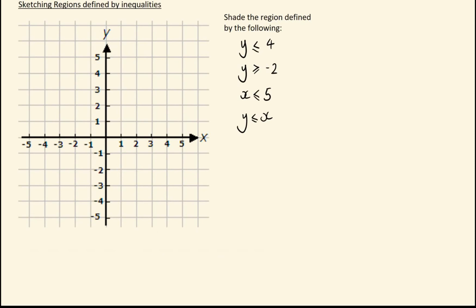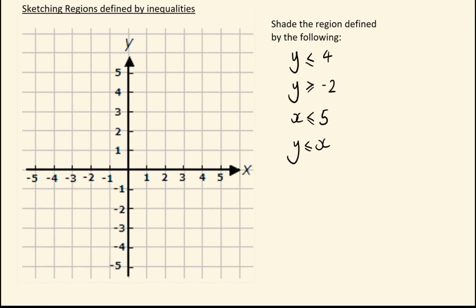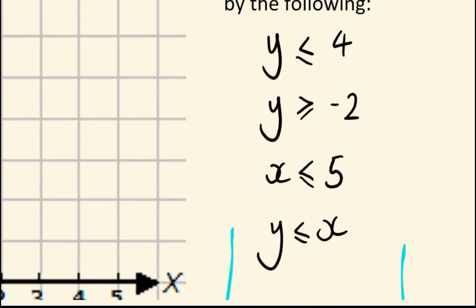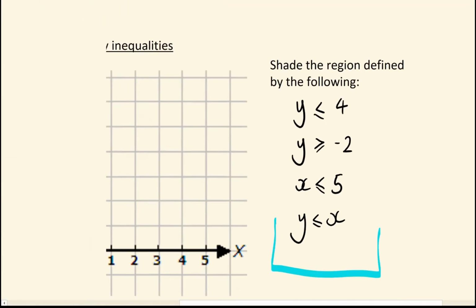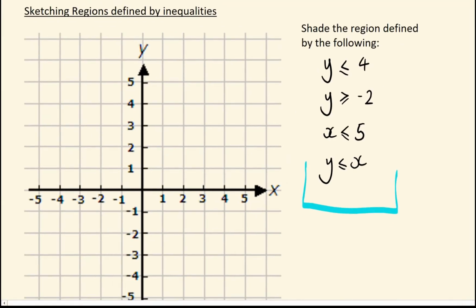So, on to the questions. They typically look something like this. You'll be asked to show the region, and you'll be given a bunch of inequalities that are going to define that region. And we're going to draw them one at a time. So first things first, you ignore the inequalities. You basically just pretend these are all equal signs. And let's draw them on. So y equals 4 will be there. y equals minus 2 will be there. x equals 5 will be there, and lastly y equals x,